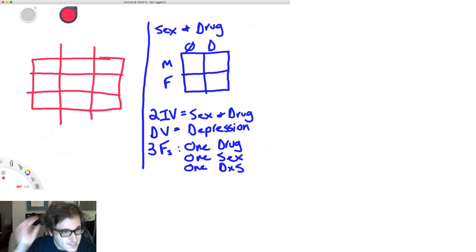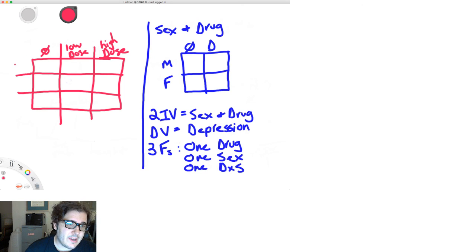Let's say we are testing drug on, let's say age we think has an effect. So here we have no drug, here we have low dose, here we have high dose,